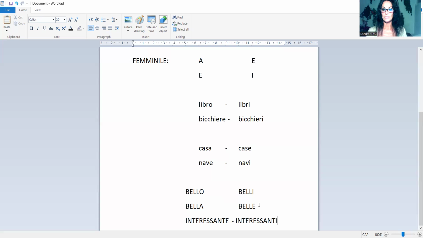Finally, as we have nouns and adjectives here, in Italian, the word order is different. In English, you have the adjective first, a beautiful house or home. In Italian, we have the adjective after the noun, a house beautiful.